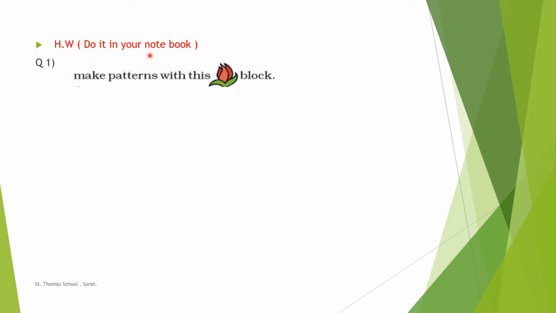Now there is a homework that you have to do in your school notebook. You have to make the patterns with this picture block. Earlier we learned two rules. One up, one down, like this you have to draw. And the second is by drawing by taking 1/4 turn. So you have to go with two rules. A, the first one, that is you have to go with one up, one down, and B, in that you have to take 1/4 turn, just as I have explained earlier.